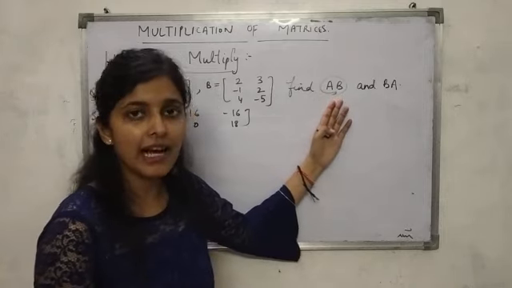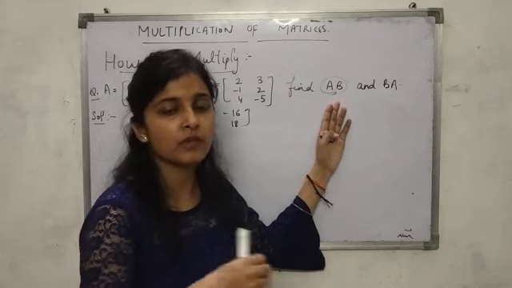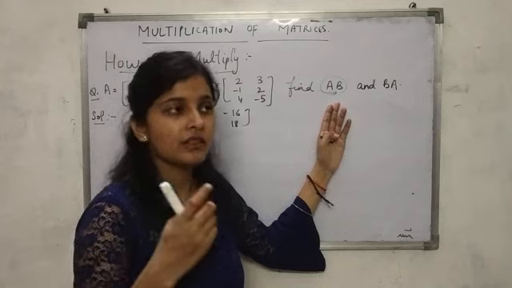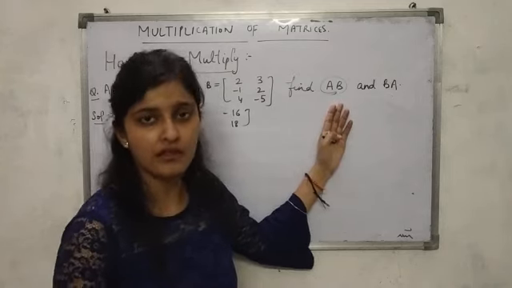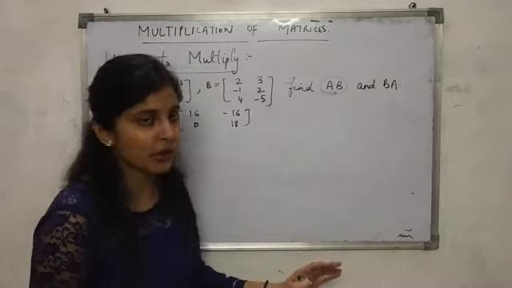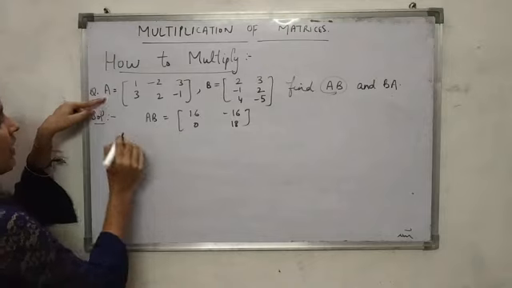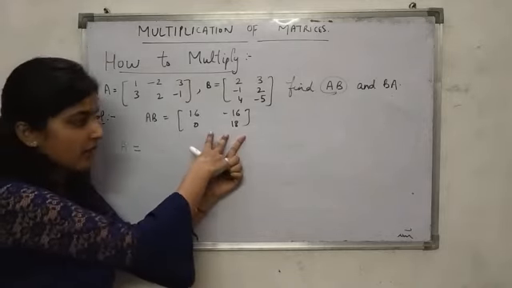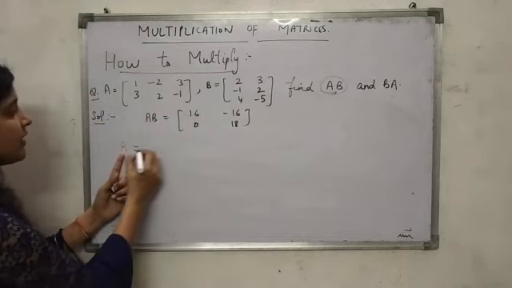It is a frequently asked question in the exam that A having this order, B having this order, what will be the order of AB? Or you'll be given the order of AB and the order of A, and you might be asked about the order of B, or the number of rows, related to that. So it is important. Now keep in mind that A is having order. That is why I have explained the multiplication first and the answer is in front of you so that you can understand easily.